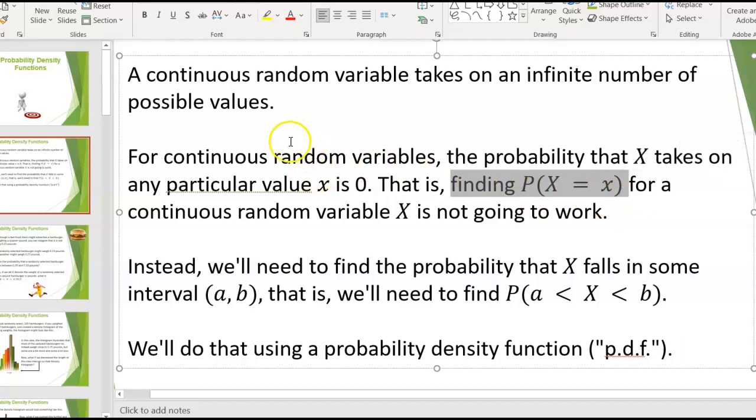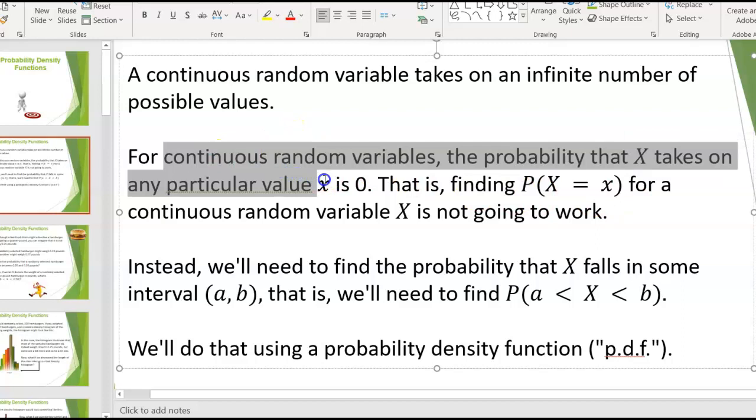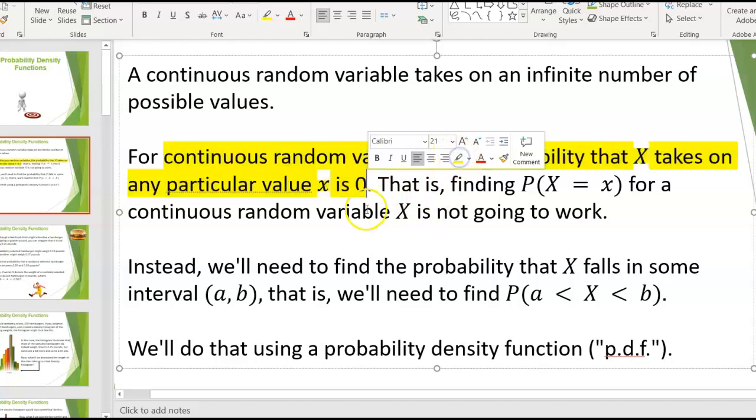So it says, for a continuous random variable, the probability that that variable takes on any specific value is 0. So that's saying the probability that X equals little x, random variable for capital X, event for little x, is not going to work. So for example, if we're talking about how long it takes you to run 100 meters,